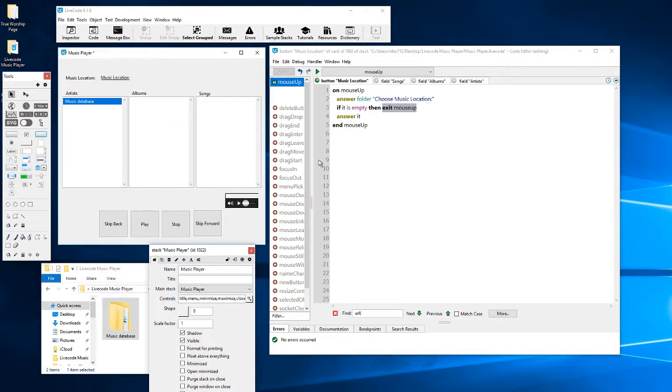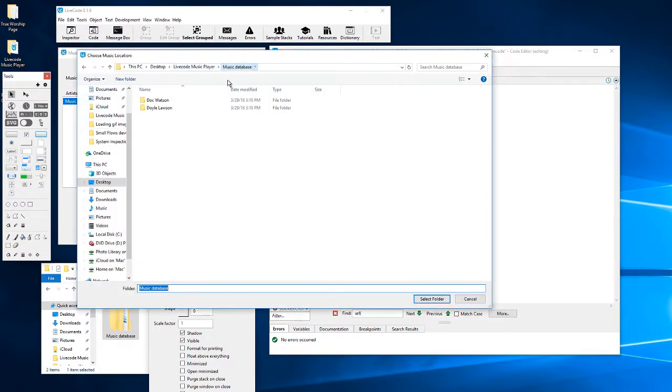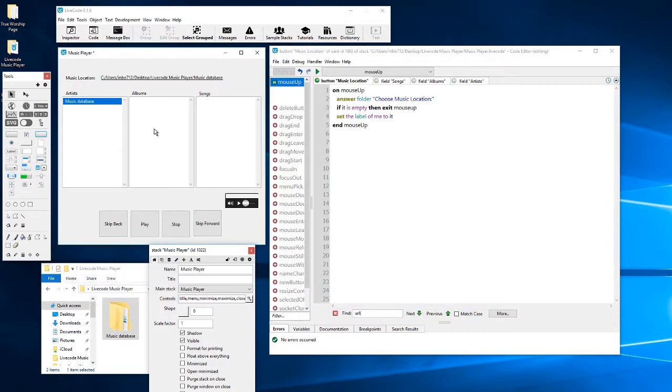So basically I want to set the label of me to it. I want to display that path right there. So let's do it again. Click music database, select folder, there it is. There's my music location. And then we want to populate